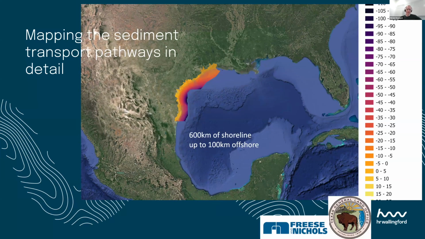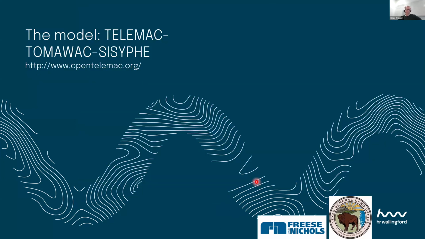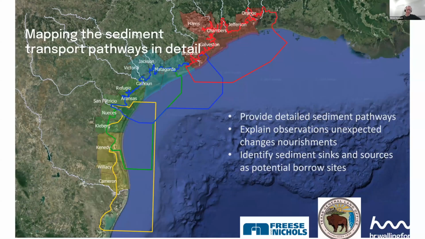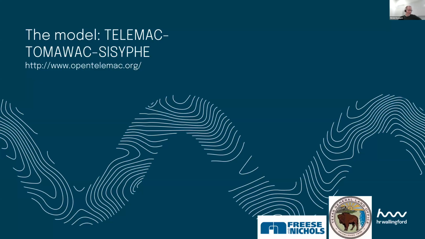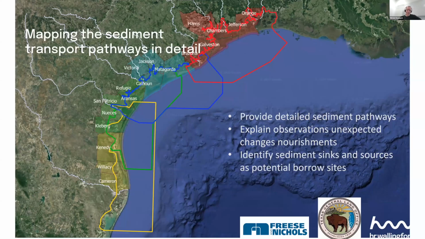To give you an idea about the size, showing the whole of the Gulf of Mexico, this section is the whole area that we were investigating. We did that sediment transport modeling with the Telemac suite of OpenTelemac, where we couple wave currents and sediment transports. The area was just too big to do in one go, so we split it up in 4 regions. Region 1, 2, 3 is green, and 4 is yellow,